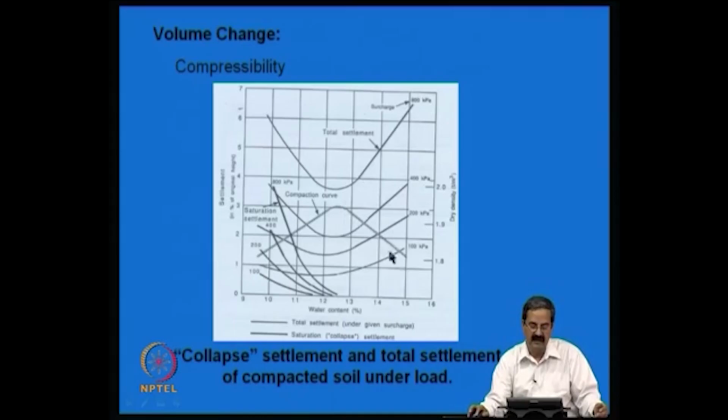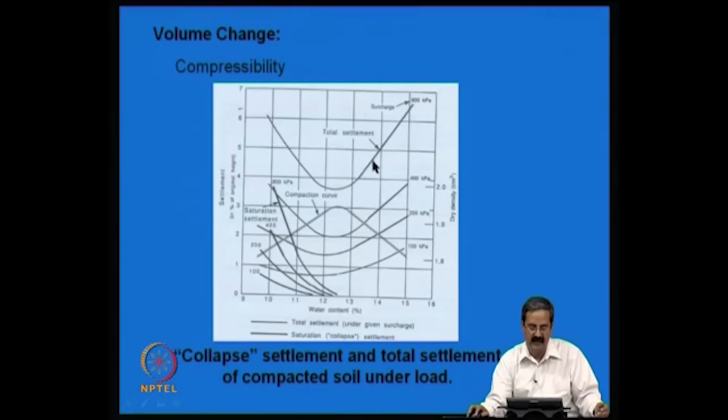So that is on the wet of optimum. On the dry of optimum also, you take this particular material, and settlements are there, for example. So what it shows is that settlements are expected on any side, but close to this OMC and gamma D, you can see the trough here,